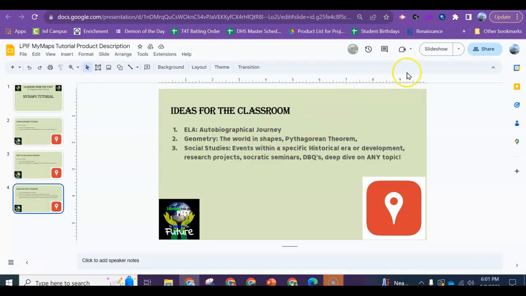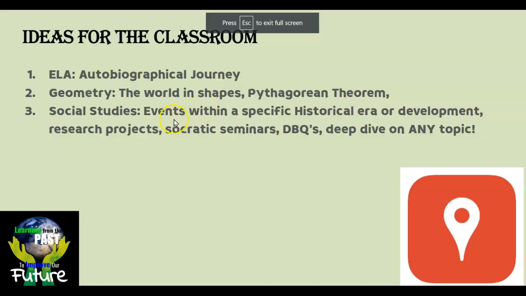A few ideas about what you can use this for. So for me, thinking about literacy, some sort of an autobiographical journey, kind of like I just shared with you. For the math teacher out there, there's a lot of geometry type stuff. You can find a bunch of different shapes in the world. So that would incorporate geometry and geography. Pythagorean theorem stuff because it has that measuring. You can add shapes on there. So that's a good way of being able to kind of combine those multidisciplinary cross-curricular with geometry and geography and math